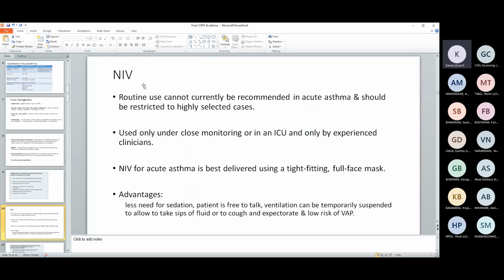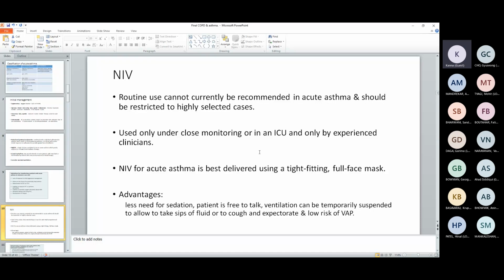So if we are considering non-invasive ventilation, it is not currently recommended routinely for asthma patients, but it can be used in selected cases. I will show the patient groups who get benefit with NIV on my next slide. And if we are starting NIV, that should be under close monitoring in the intensive care unit or a high specialized unit with experienced clinicians. And it should be best delivered with a tight fitting full face mask